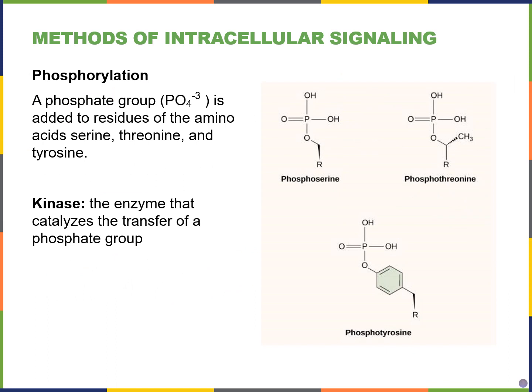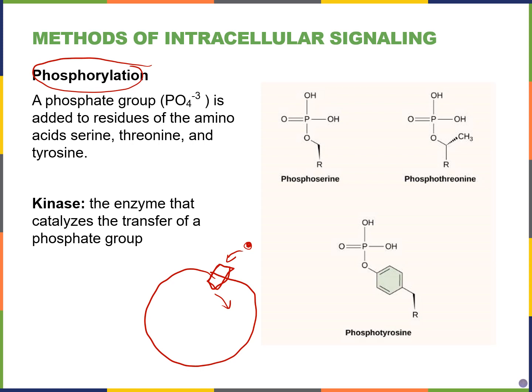So what are the things that can happen inside of the cell besides gene expression when a signaling molecule binds to its receptor? We're going to take a step back and go back to the types of signaling molecules that cannot cross the cell membrane. So instead they bind to some kind of membrane-bound receptor and cause some kind of intracellular reaction. So some of these include